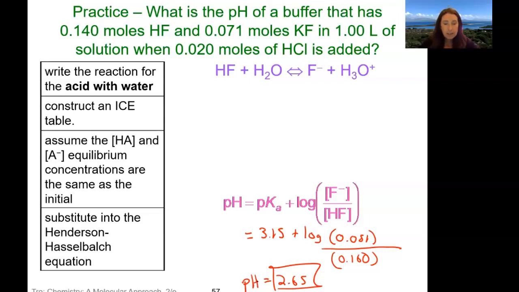So it's a little easier than doing an entire ice table, right? A little bit easier than doing an ice table. Again, we're assuming X is small if we're using our Henderson-Hasselbalch. So it definitely takes a little bit of practice. Just as a reminder,